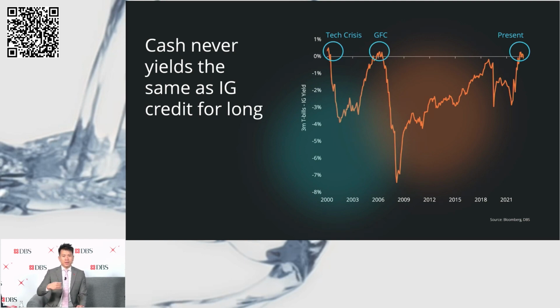And so history informs us that every time you have cash rates that are close to bonds, you should be better off in bonds in the years that follow, right? So again, I know that yields on cash are attractive today, but if we were to let history be our guide, bonds look like a good bet.